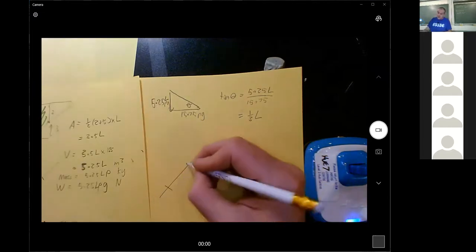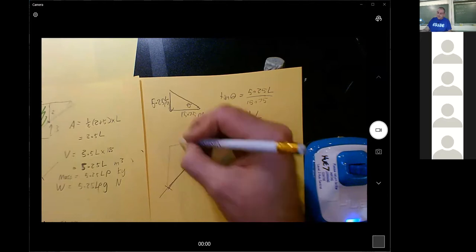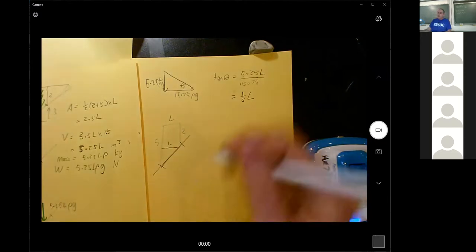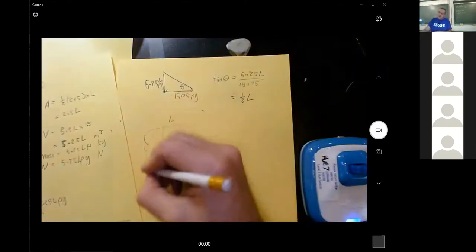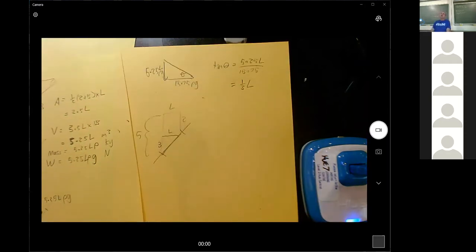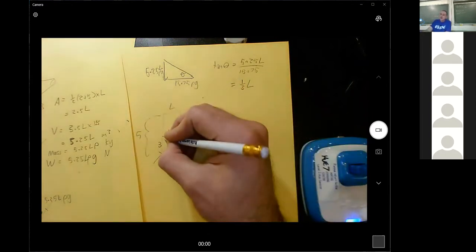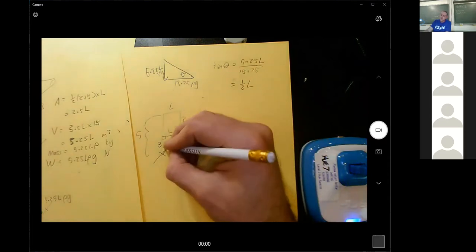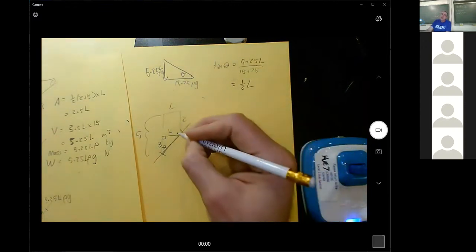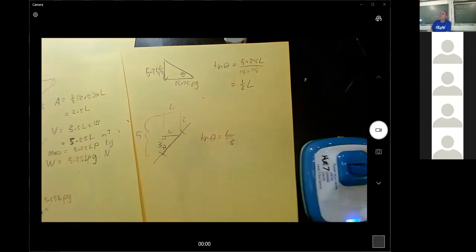So I had this diagram. There's an L here. This total was 5, which means this bit is 3. Which means, are you ready? This angle here, tan of that angle, is L on 3. Because it's opposite over adjacent. And that angle,